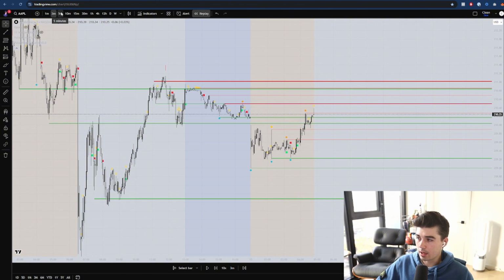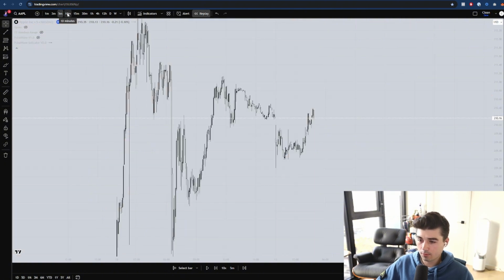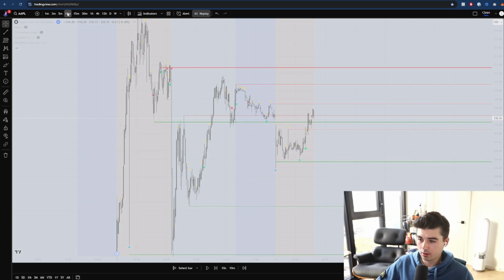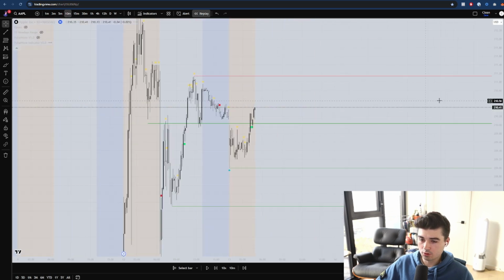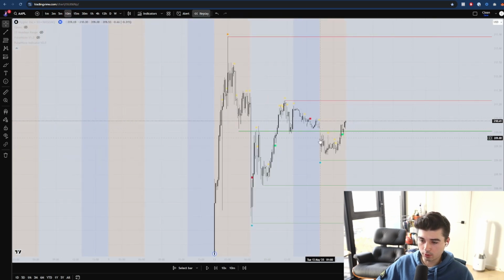So that's why I recommend just looking at higher time frames again. It's like scale up a bit and then just look for these areas of interest. Have everything already planned out too. Like once the market opens, you should be able to have these higher time frame levels already pre-made because they're